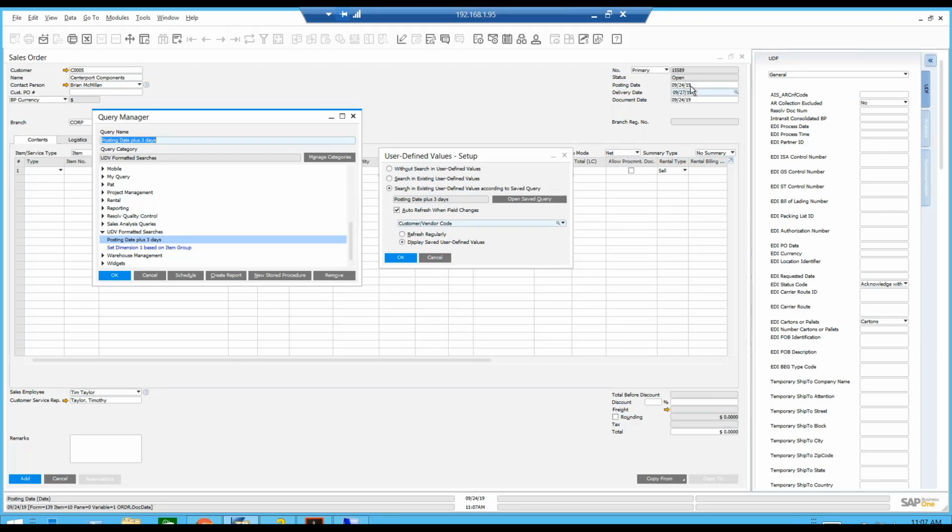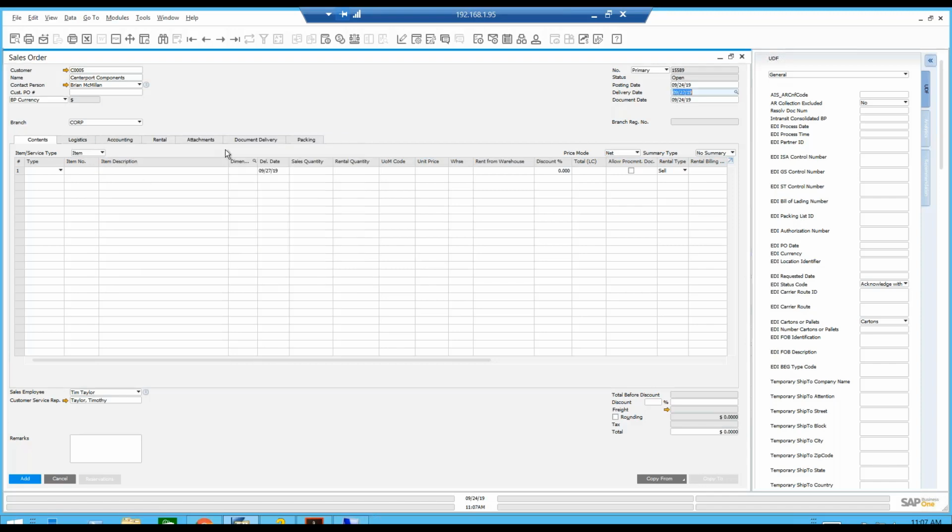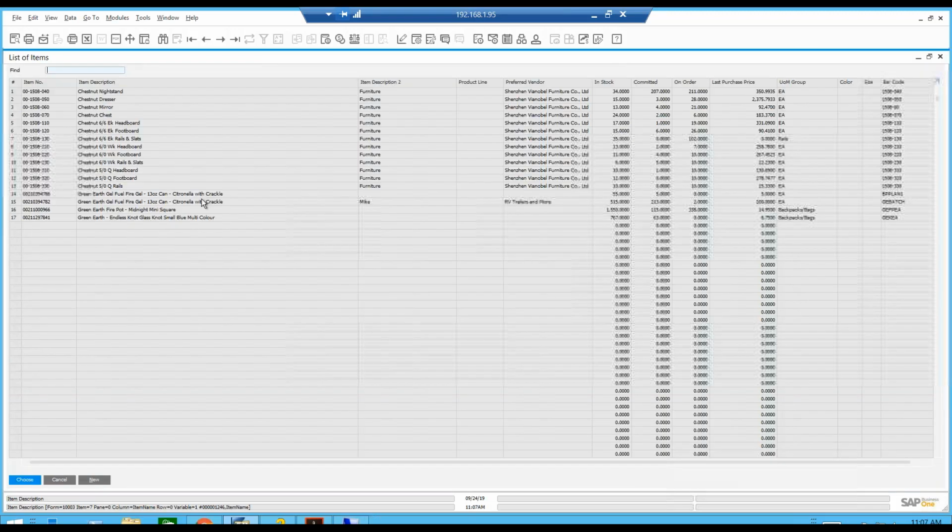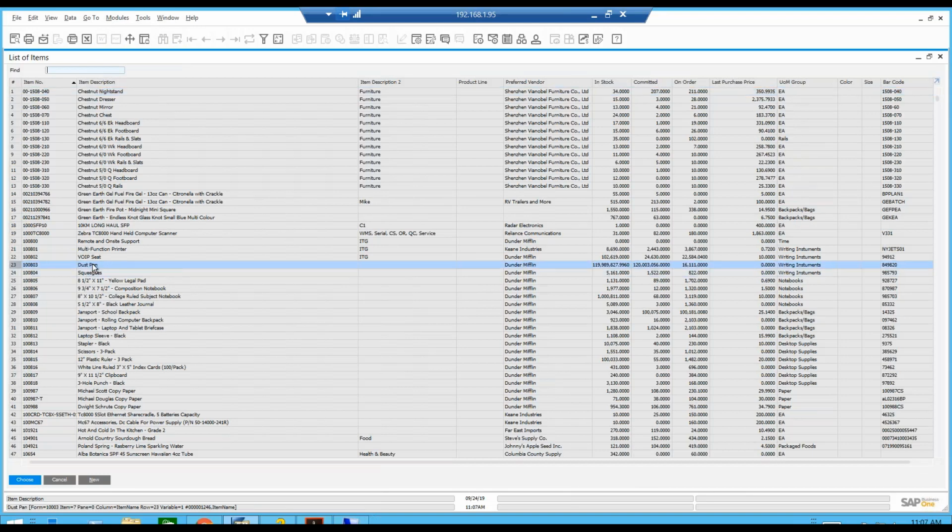And then the fact that this one was a date was where I was able to come in here and get the date. So you can see that that now is populated. Okay. And then similarly, I was able to come in here and specify another query. So if I come in here and I grab my dustpan, for example,